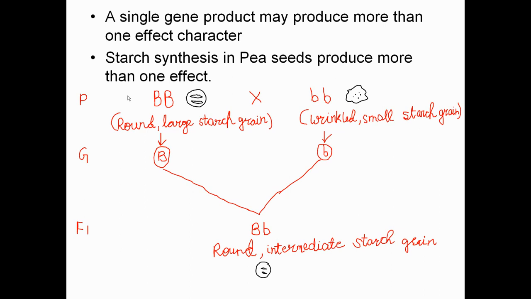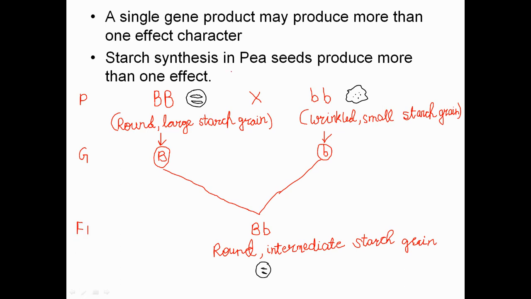Incomplete dominance refers to that kind of situation where both dominant and recessive are unable to express themselves in the F1 hybrid. And both of them, that is recessive and dominant, again reappear in the F2 generation. This is a typical case of incomplete dominance. Here, one more example is being presented, that is the